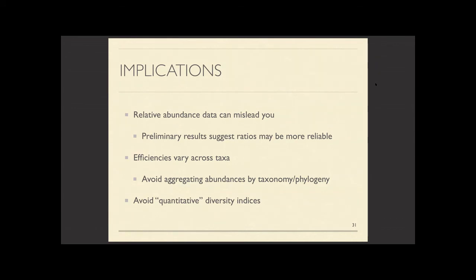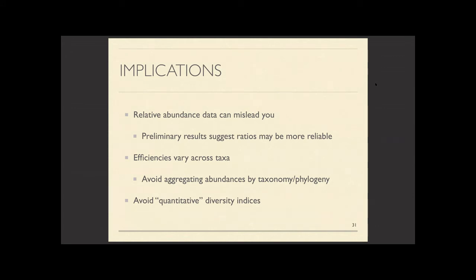Preliminary results suggest that ratio-based analyses may be more reliable, because we can reliably estimate ratios of taxa, and ratios of taxa across different experimental treatments, perhaps with some model. And so there's ongoing methods work in this area to try to provide tools for the community for accurately determining changes in microbial communities that can function under these varying efficiency models.